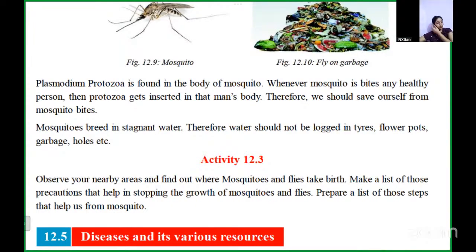For example, rainwater. Rain is falling and water gets collected at some place, and it's been quite some time. The water is there only. The mosquitoes will breed in the water after some days. That is why we shouldn't have locked, stagnant water near our homes. Okay.